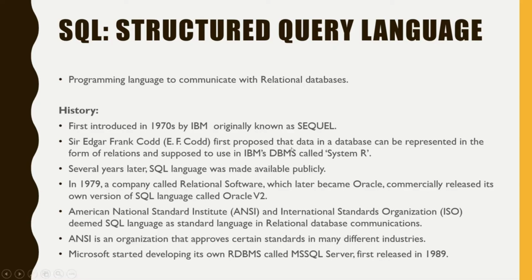He proposed that data in a database can be represented in the form of relations, and it is supposed to use in IBM's DBMS system called SystemR. But several years later, SQL language was made available to public by IBM. In 1979, a company called Relational Software, which later became Oracle, commercially released its own version of SQL language called Oracle V2. Since then, American National Standard Institute, that is ANSI, and International Standards Organization, that is ISO, have deemed